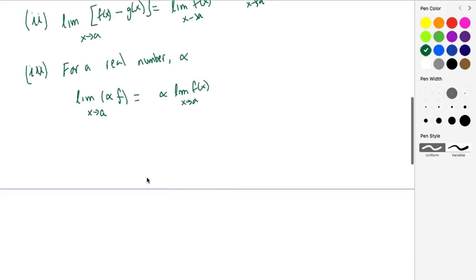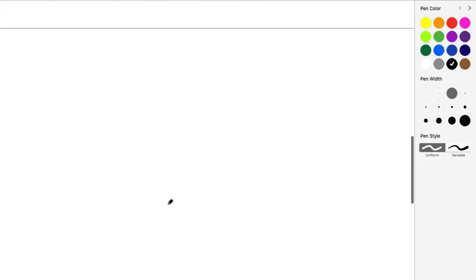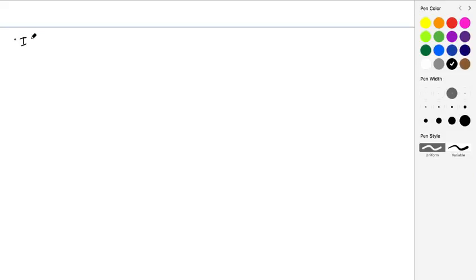Okay, now we're going to move on to the next thing, which is the limits of polynomials and rational functions. There's a very important definition that you have to consider when you're looking at polynomials and the limits of polynomials, and that is, if f is a polynomial,